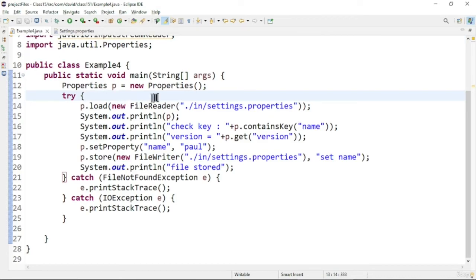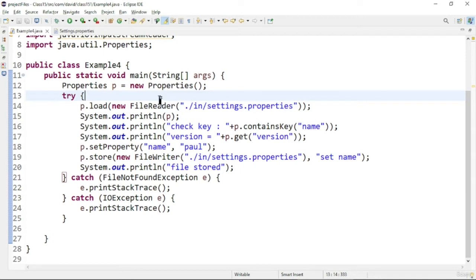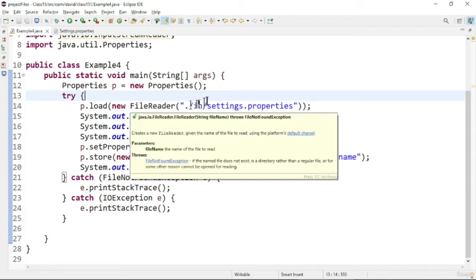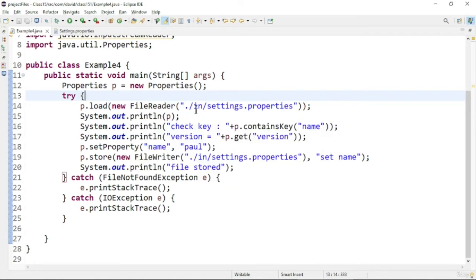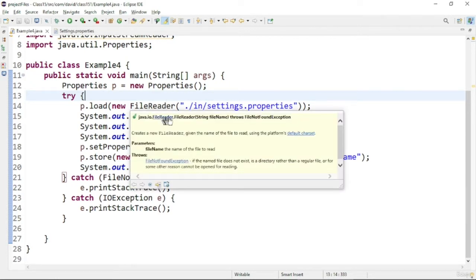So we are in the main method. Here we will use a properties file. You can see here I am declaring a Properties object. This belongs to the util package, and it is used to manipulate the properties files. So let us see this program. Here is the load method. The load method in Properties will be able to load a particular file from our folder into the system, and load the properties into the Properties object. So after doing this, all the properties are loaded, and after that I will do some operations.